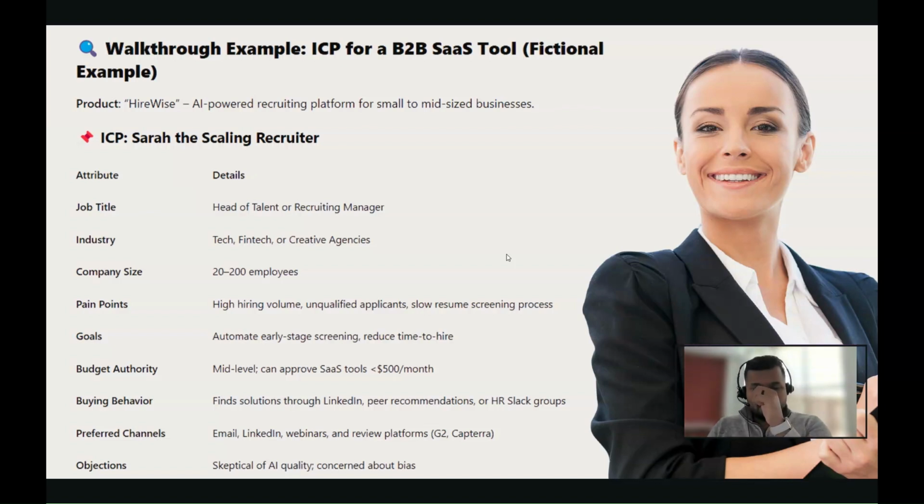Recruiters generally get hit by a lot of candidates, and especially if you're managing positions in tech which gets thousands and thousands of applications, you are there as a recruiter looking at a lot of resumes, and it's painstaking, it's painful, and you are not able to give a lot of attention to each resume. So this is the kind of person who will have a need for a tool that helps to sift through those resumes faster. A lot of unqualified applicants, wanting to be able to reduce that quite quickly, and then a slow resume screening process.